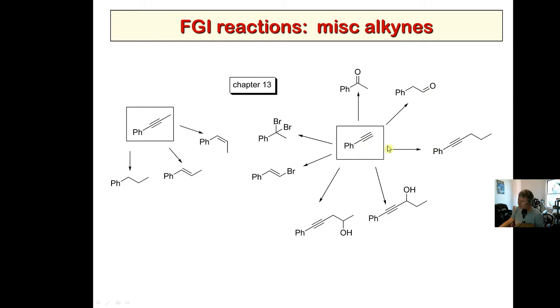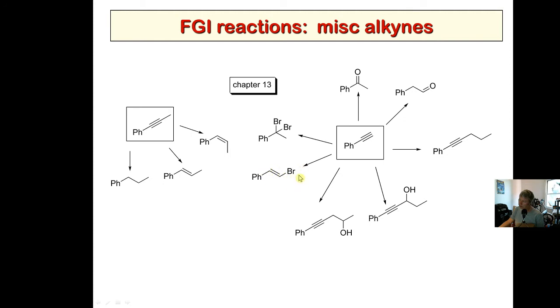This is easy though. This is just to rip off the proton, attack an alkyl halide. And these are also easy, right? Rip off the proton, attack an aldehyde, right? Rip off the proton, attack a what? Epoxide. And then we can do these hydrobrominations,